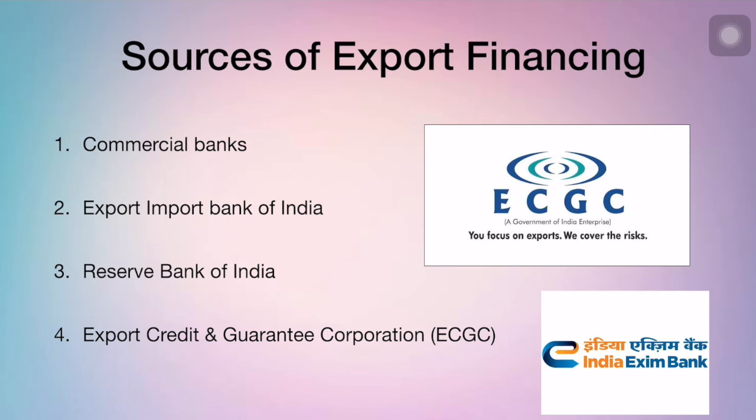And then comes our RBI, the Central Bank of India, which functions as a refinancer for short and medium term loans respectively. And finally, we have the fourth one, the Export Credit and Guarantee Corporation, in short ECGC. This institution plays a crucial role through various policies and guarantees, providing cover for political risk or any kind of commercial risk involved in export trade. So they stand as a guarantee for the transactions to be completed.